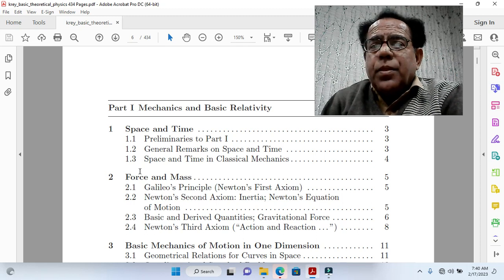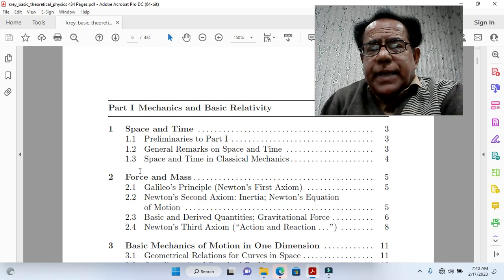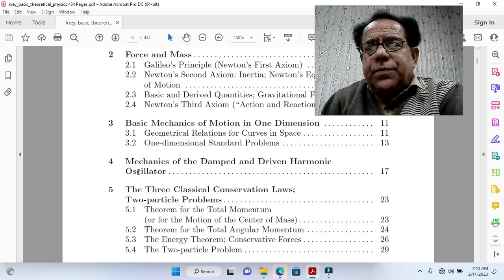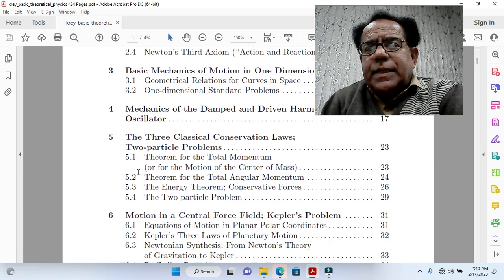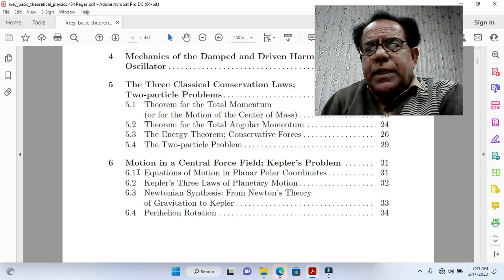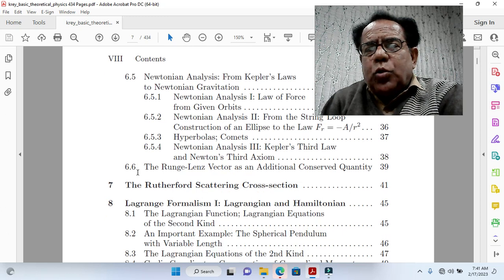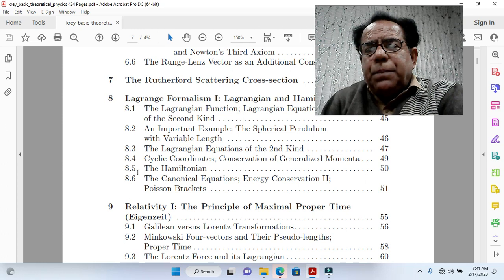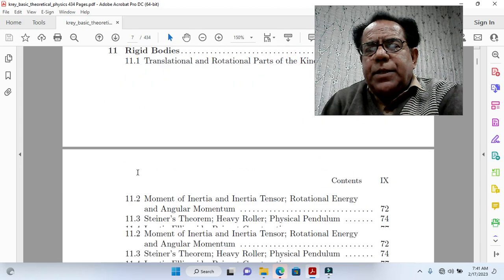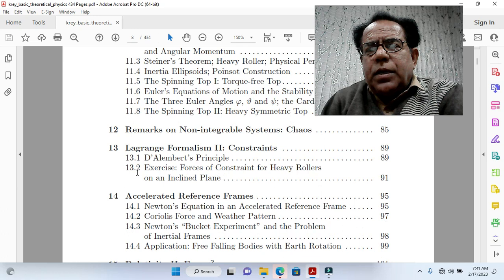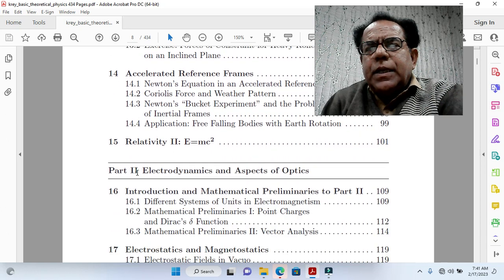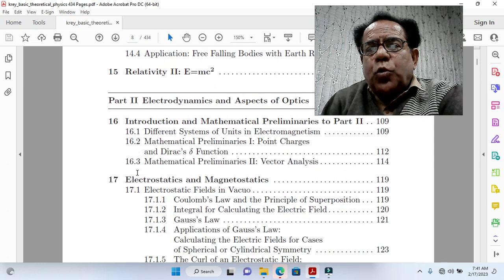Now we move to its contents. Space and Time, Force and Mass, Basic Mechanics of Motion in One Dimension, Mechanics of the Damped and Driven Harmonic Oscillator, The Three Classical Conservation Laws, Motion in a Central Force Field, Kepler's Problem, The Rutherford Scattering Cross Section, Lagrange Formalism 1, Lagrangian and Hamiltonian Relativity, The Principle of Maximal Proper Time, Coupled Small Oscillations, Rigid Bodies, Remarks on Non-Integrable Systems, Chaos, Lagrange Formalism 2, Constraints, Accelerated Reference Frames, Relativity, Electrodynamics and Aspects of Optics,